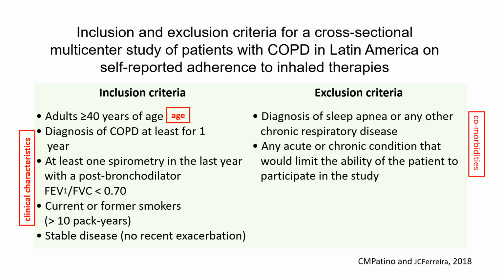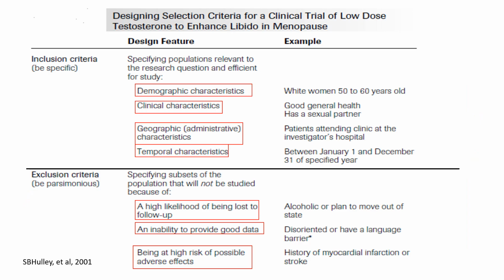The authors excluded patients with comorbidities, as COPD patients with comorbidities would more likely show higher levels of non-adherence to inhaled therapies due to their more complex medication regimens. On the basis of this, one can make a judgment regarding the external validity of the results. This is an example from a clinical trial which is more likely to have more exclusions mandated by concern for the safety of the participant compared to observational studies.